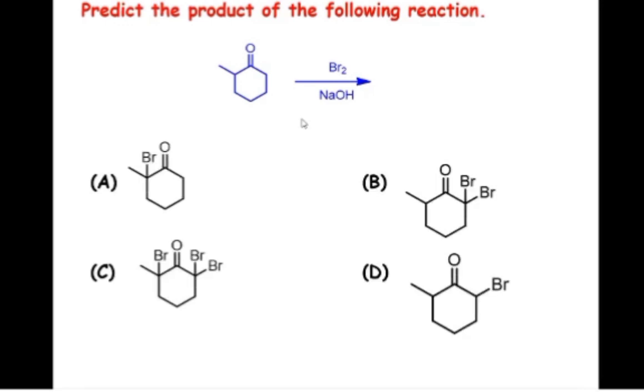But they have given several options over here. They have given monobromo over here, monobromo over here. They have also given a dibromo compound as well as a tribromo. See, accordingly, if they have not provided equivalence, if one equivalent, then definitely you will get one of these two products. It depends upon the reaction condition, the temperature you have followed here. If excess bromine and NaOH, then you will get this final product, and they are expecting this particular product. How to get a tribromo ketone over here? Okay.